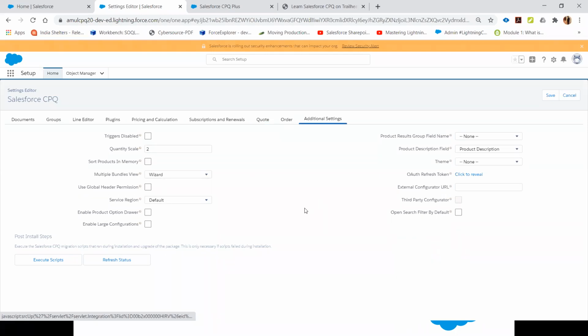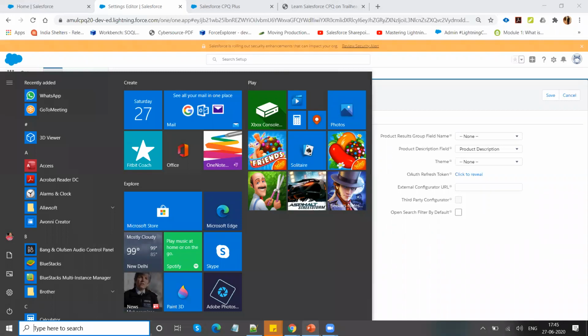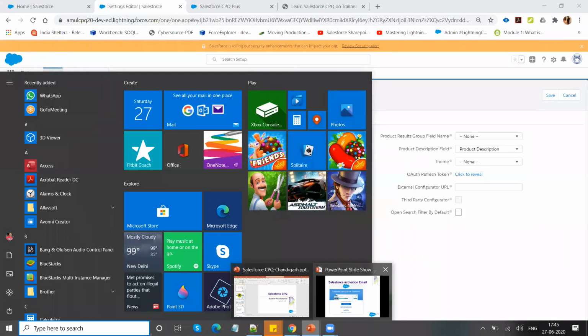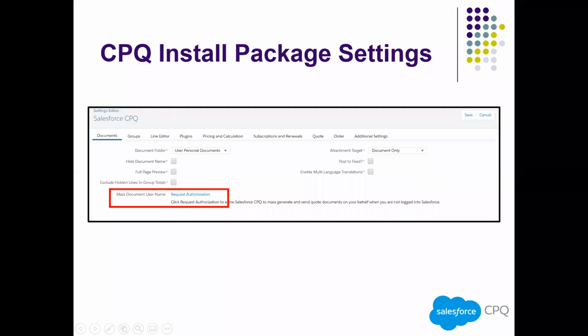So let me navigate to my original slide deck. After installation, the first step you have to do is click on request authorization.